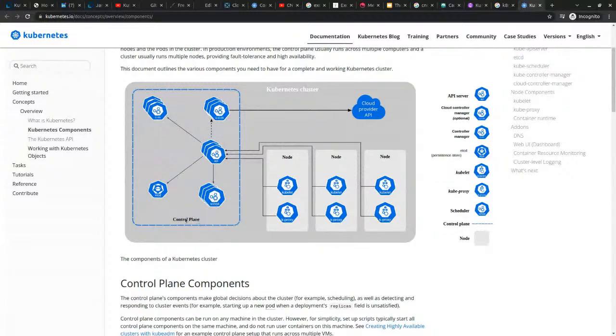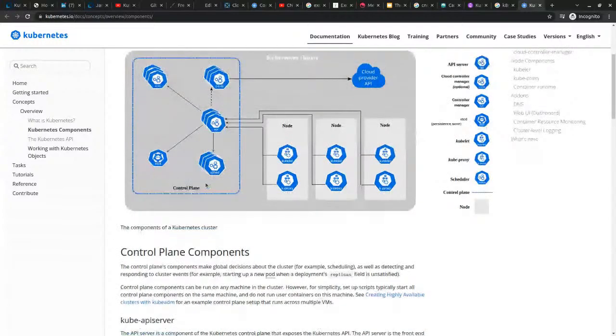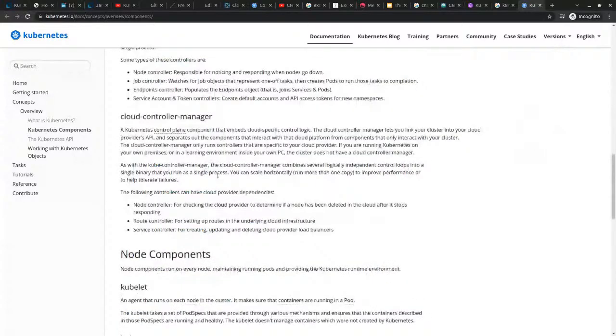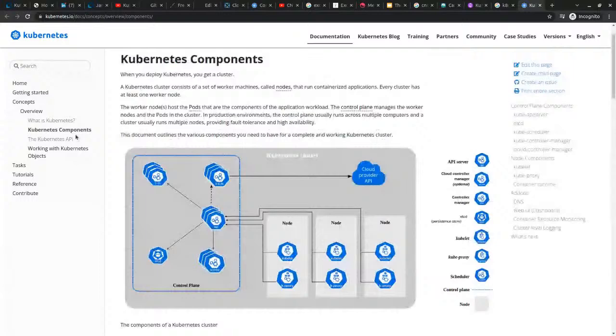So what's the difference between a static pod and a normal pod? This could be another question. I'm just anticipating. I don't really know. Okay, so this is a good article here. Okay, and it's again under concepts. So you see concepts, Kubernetes components, and that will cover the architectural part of the exam.